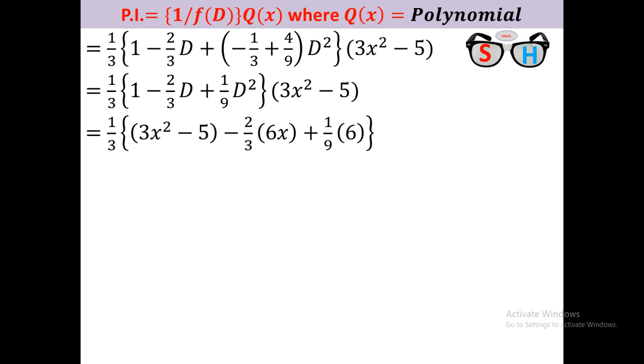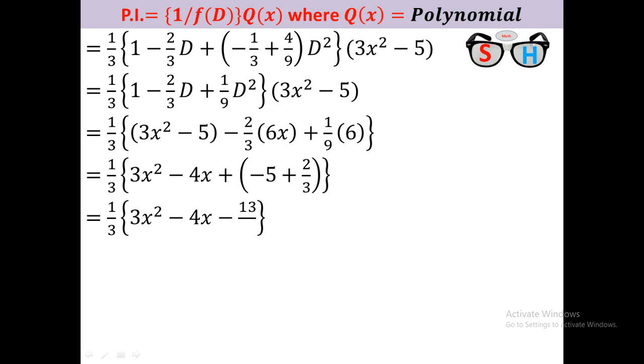Okay, if you simplify this, you see that the coefficient of x squared is 3, the coefficient of x is 6 times 2/3, that means 4. So 3x squared plus 4x, and the constant is minus 5 plus 6/9, which means 2/3, that is minus 5 plus 2/3. And then if you simplify it again, this will be 3x squared plus 4x minus 13/3, and the LCM is 3, therefore 1/3 of 9x squared plus 12x minus 13. Okay, this is the result.